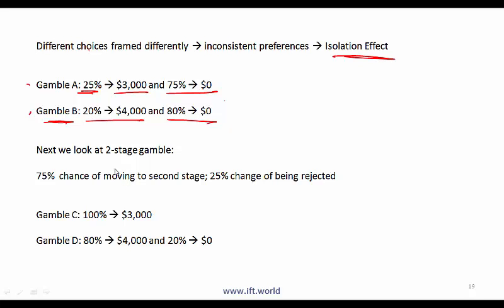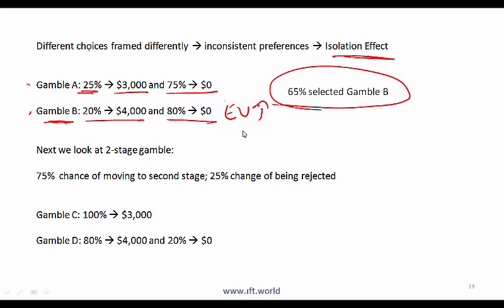Okay, now it's okay to use some expected value here. So which one has a higher expected value? So the expected value is higher. So this is a very simple expected value sort of problem. So actually, when this research was done, 65% of the people asked preferred gamble B. Does that make sense? Yeah, so most people would say, okay,